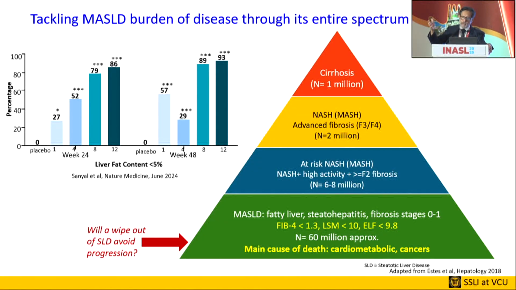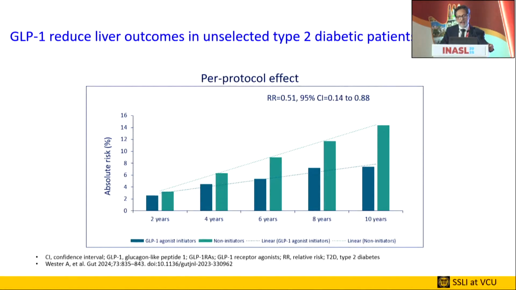So let's ask the question, if we wipe out steatotic liver disease at this point when it's very easy, will it prevent more advanced disease down the road? Why do you have to wait till somebody gets advanced disease? So with the new class of GLP-based therapeutics, we can see that with effective weight loss, up to 80 to 90% of patients can completely defat the liver within 6 months, and this is sustained for at least the data so far we show is for 1 year. So it shows that with effective weight loss, no matter how you do it, you can actually defat the liver.